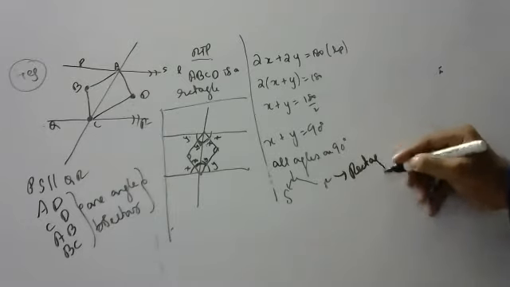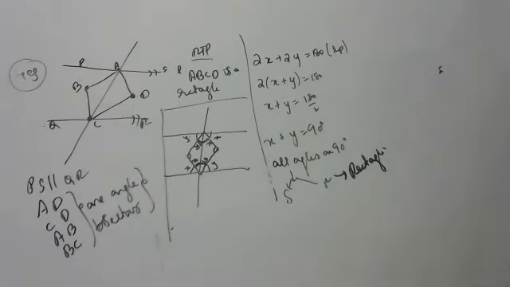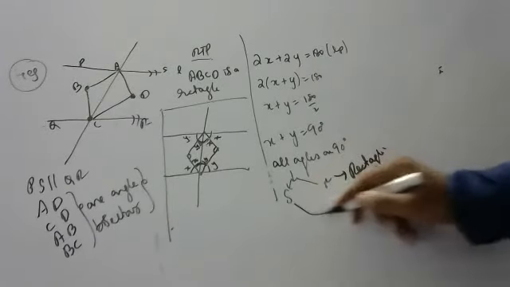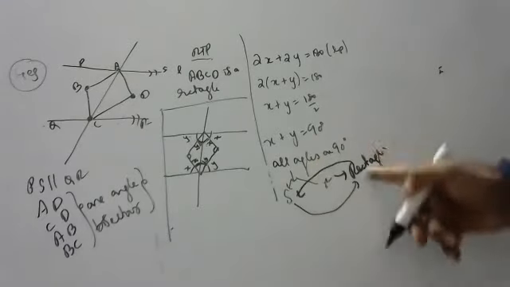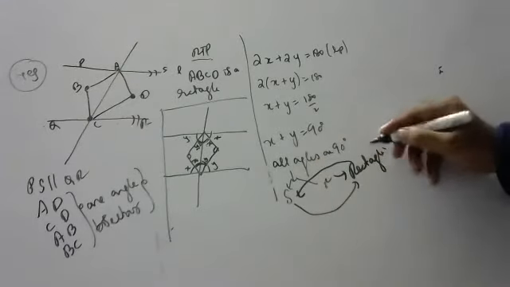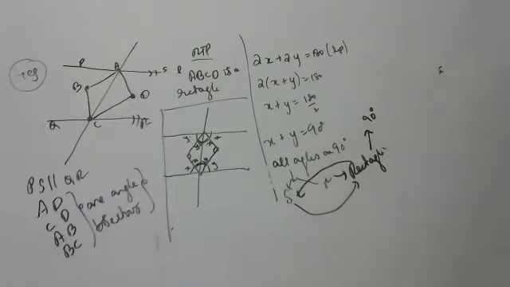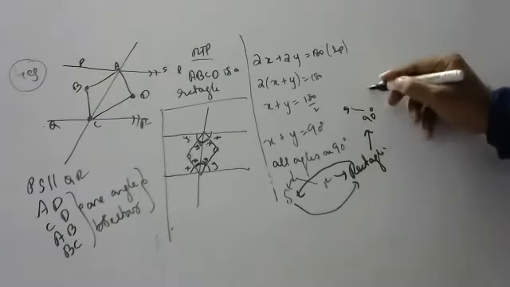No, sir, if I say square, then again you have to say all sides are equal. Why unnecessary tension? All angles are 90 degrees. Because square is a rectangle, but rectangle is not a square. He asked us to prove a rectangle. How did I prove it? All angles are 90 degrees. All angles are 90 degrees means it can be a square or it can be a rectangle.